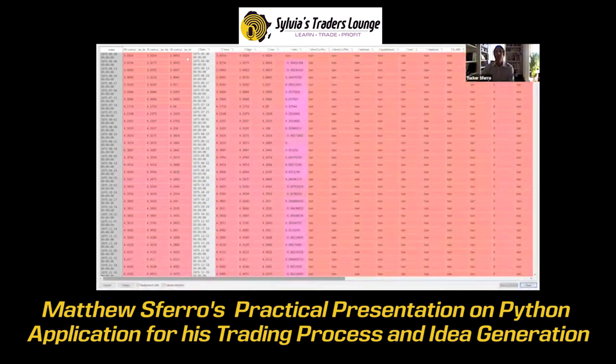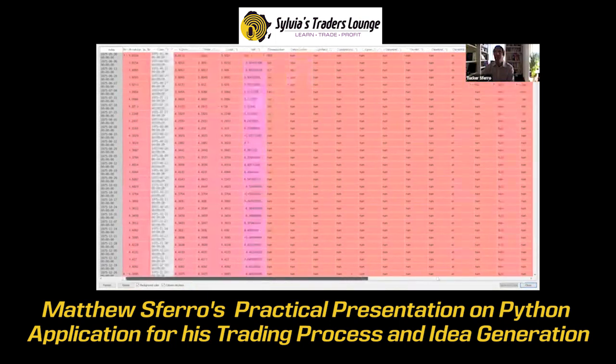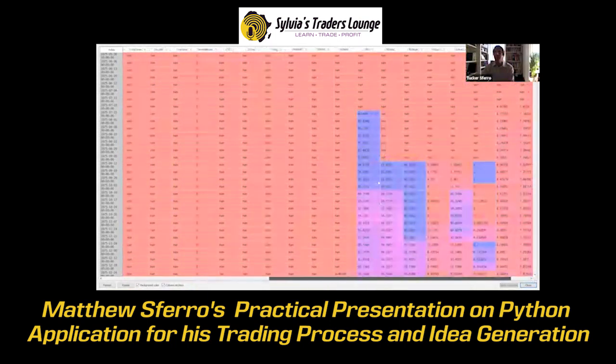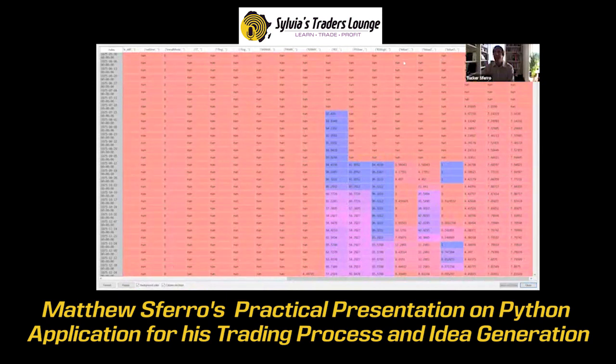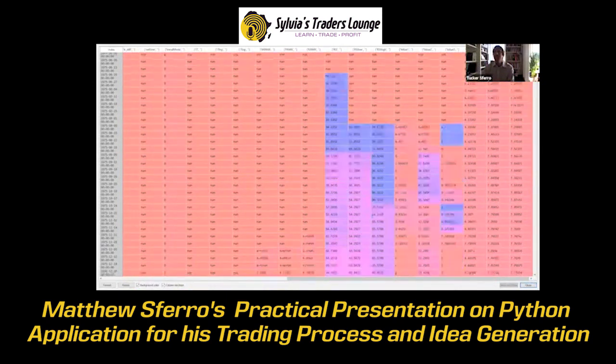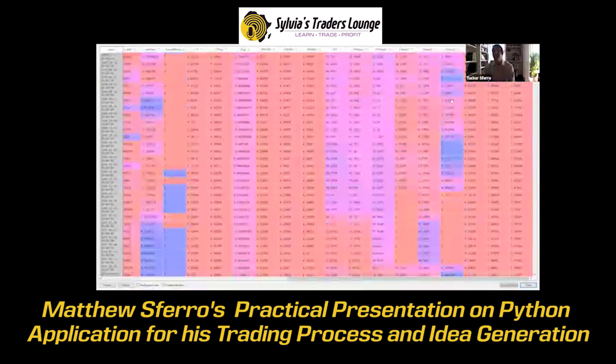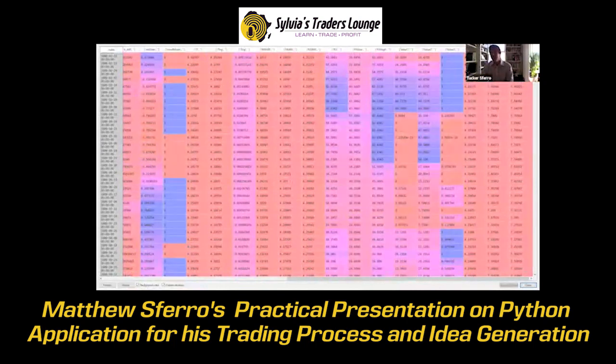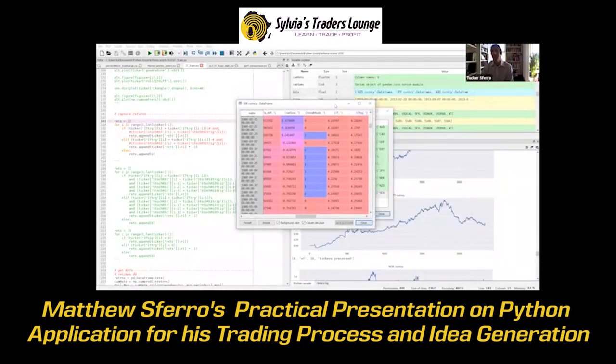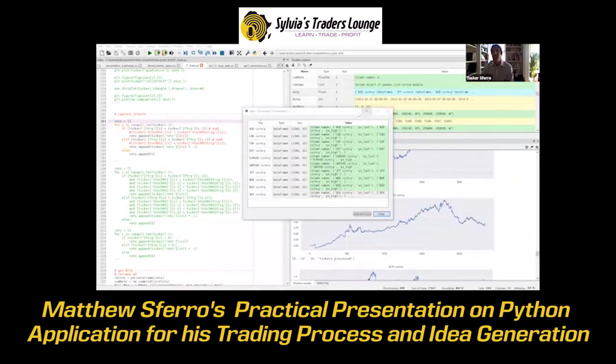You can see here, it's just like an Excel spreadsheet, but you have all these different columns, which I've loaded, and we can look at the relationships of values here, which is something you could see on a chart. Let me just close this, move this out of the way for a second.